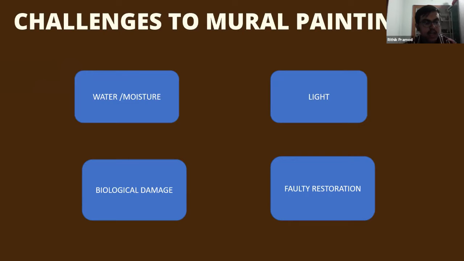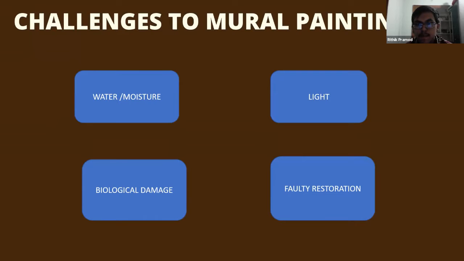of the region. And faulty restorations: sometimes, due to improper use of materials and techniques during restoration, we can see that in South Indian temples, some of the mural paintings are covered with lime wash. Lime wash was mostly used in the renovation, but without understanding the importance of the themes that are shown in